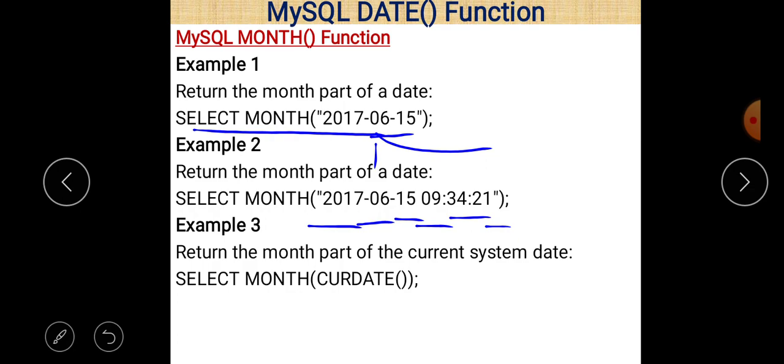And example number 3, if you want to find out the month part of the current system date, you can just use the command select month curdate. So we just pass the curdate function as a parameter value, which will basically return you the month of the current date.